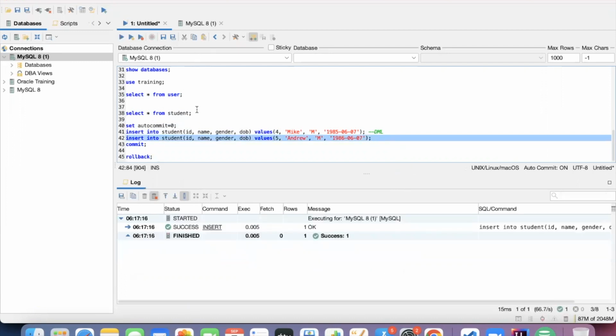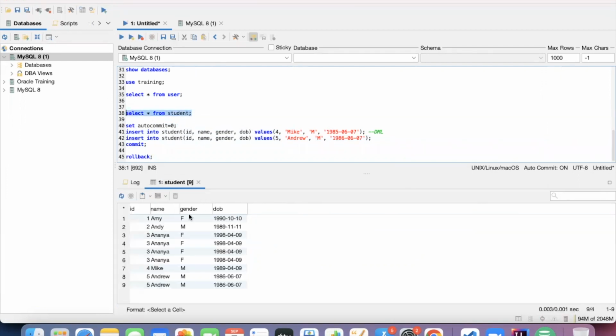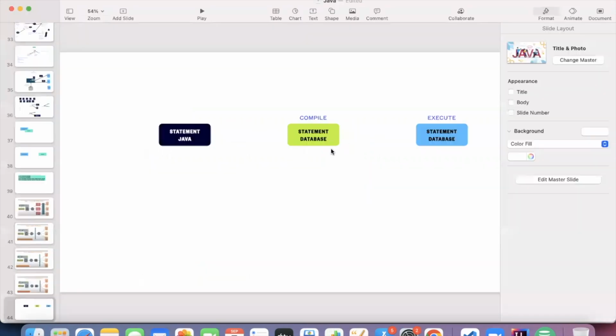So this is the way, once the statement is compiled, you can use it this way. Compile is the first time when I executed this statement, and then I am executing by changing the values. So similarly in Java also we can use